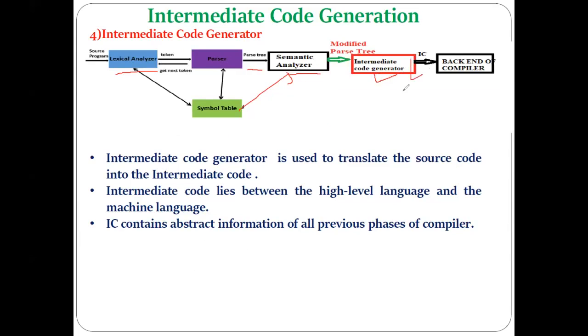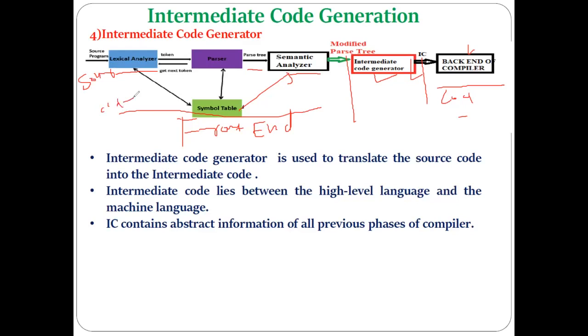Now we are at this phase and we have to discuss what exactly the intermediate code is. First, you should understand why this code is called an intermediate code. As all of you know, this particular part we consider the front end of the compiler, meaning that in the front end, the lexical analysis, syntax analysis, and semantic analysis phases come, which we also call the analysis phase. And this particular part is the back end of the compiler, which consists of the code optimization and the code generation. So this is your source code which you compile through the compiler.